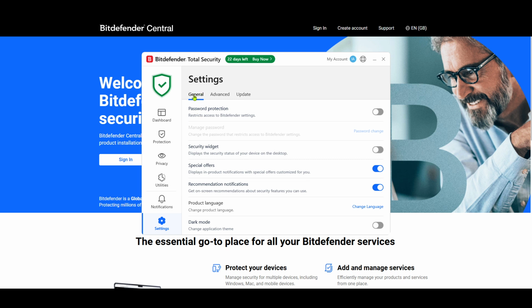Now, from within the General settings, our focus shifts toward managing notifications specifically. Here, search for the section related to notifications, and you should see an option labeled Special Offers. The Special Offers notifications are often promotional, designed to update you about the latest Bitdefender features or discounts that might be of interest. Depending on your preferences, these can either be useful or potentially disruptive if you're looking to streamline